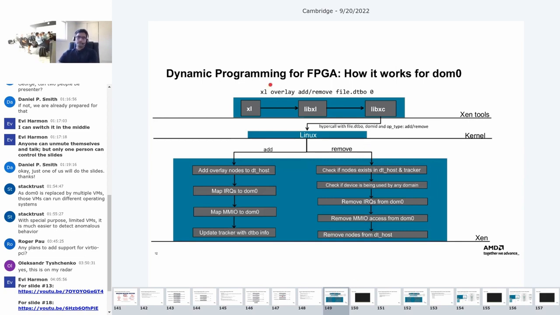So how it works for DOM0: let's say you want to assign a new node to the running DOM0. We just do xl overlay add, the overlay name, and the ID of DOM0. The call goes from xl to libxl to libxc, and then it makes a hypercall with the device tree overlay, which domain it wants to assign to, and the overlay type, add or remove. For add,